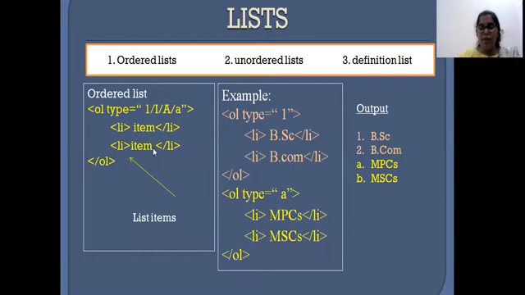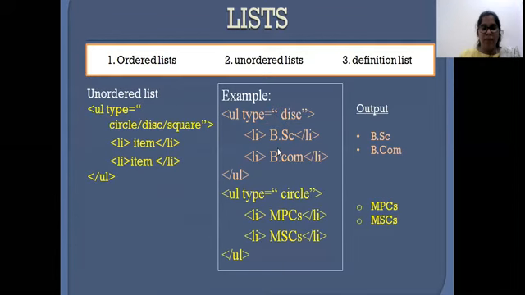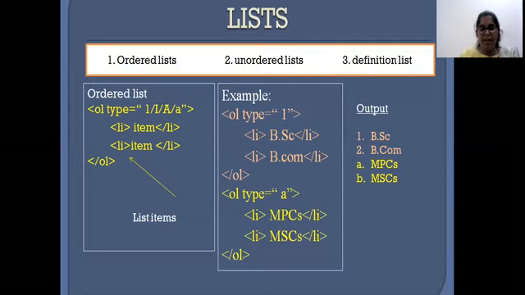And whenever we are going to give any markings in a proper manner, we can use these types, right? We can give 1, 2, 3, we can give Roman numerals I, II, III, we can give capital A, we can give small a. These are all the types of lists which we are going to get. And these ordered lists and unordered lists will behave the same as bullets and numbering in a Word document. You can see here I have mentioned an example. Here I am mentioning the type 1, and I mentioned BSc and BCom as two list items. And I take another ordered list with type A and two list items, MPCS and MPS.